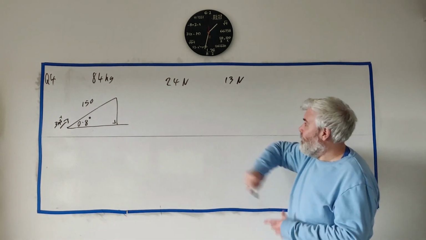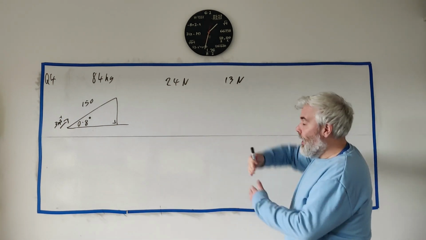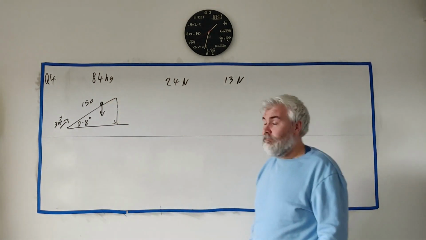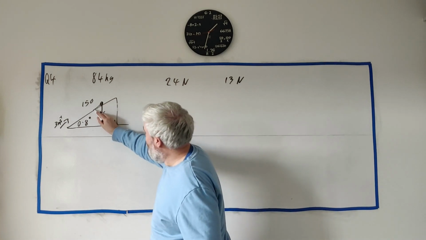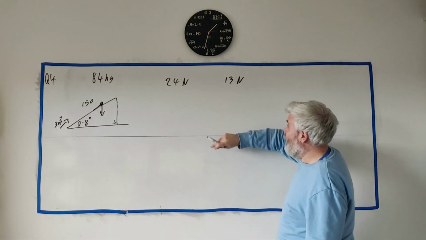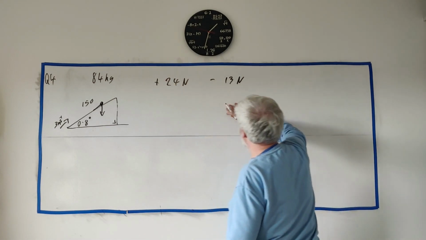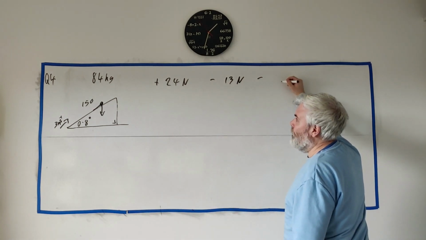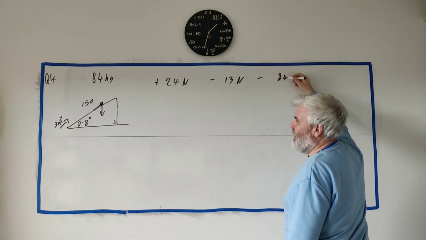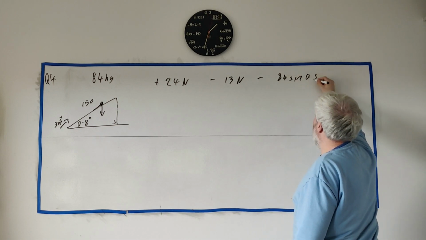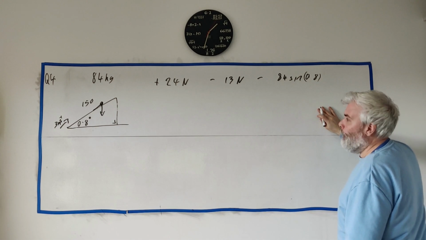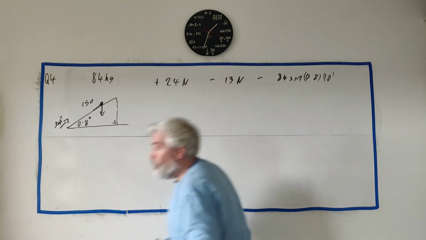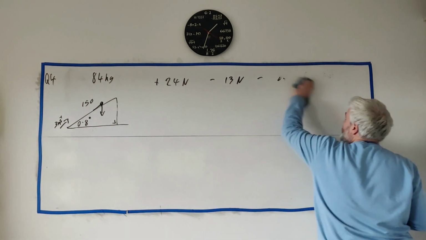The other force you would need, by the way: they're driving themselves up the hill, and they're being driven against by air resistance. Their weight is also pushing them down. They'd get a component going this direction of their weight. So they'd have this plus force, this minus force, and another minus of, I think, 84 sine 0.8 by 10, of course, for gravity. Something like that. You could solve that using just forces, find acceleration from this,